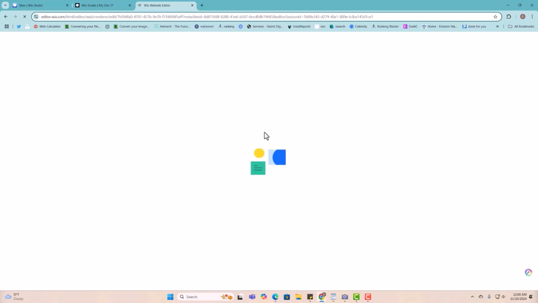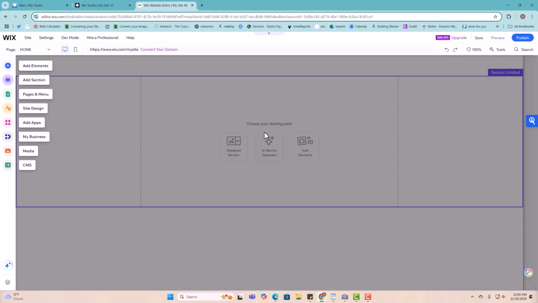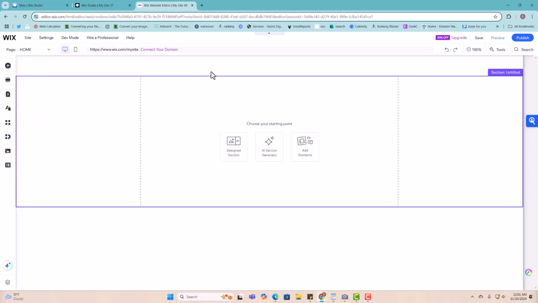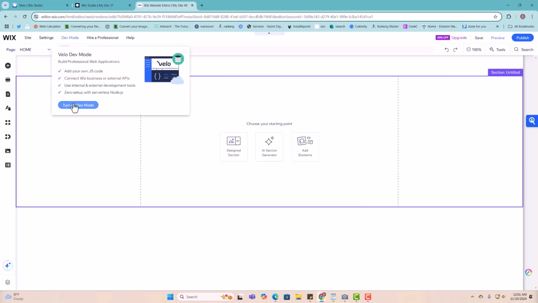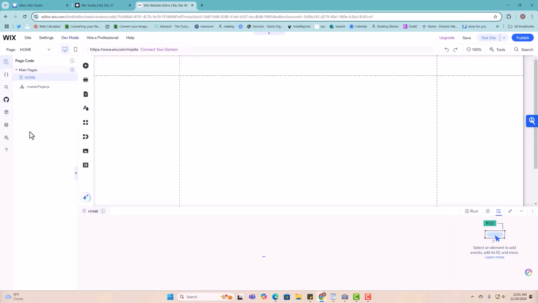So for the classic editor, they have done a lot of updates, but most of the things are gonna still be very similar to Wix Studio. So if you're working with classic editor, there's gonna be a slightly difference, okay? To start, you have your platform and you're gonna have this button called developer mode. You're gonna turn on your developer mode if this is the first time that you're gonna implement Velo or start coding, okay? So we're gonna click here and this is gonna open a panel on the left side and then